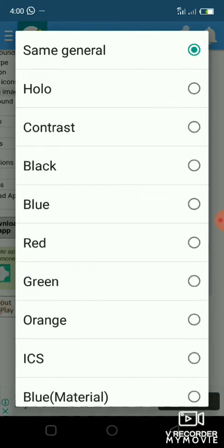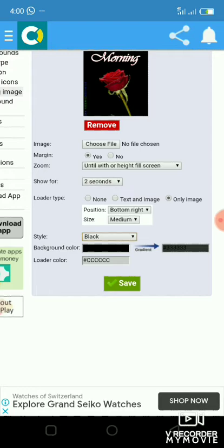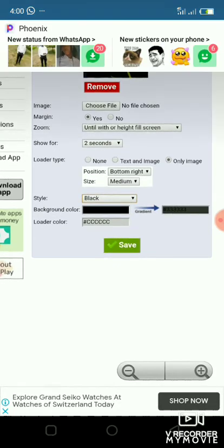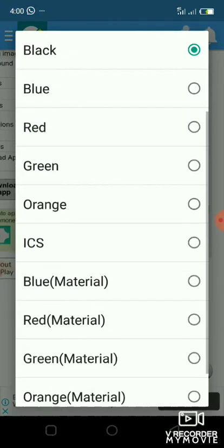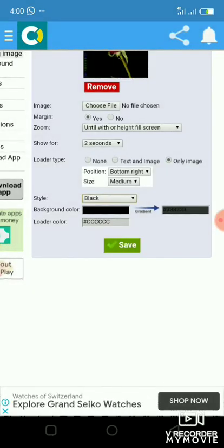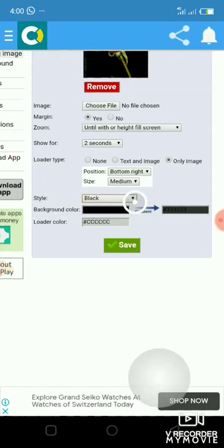Now for example, if I want my app to have different colors at different places, what will be my background color? I can say okay, red, all these things. So remember, I can customize my app so that different sections will have different colors. I want this section's background color to be black. At this time you select okay, save.